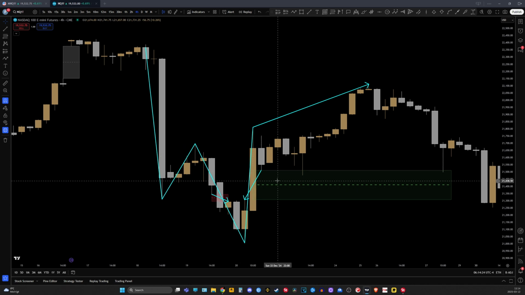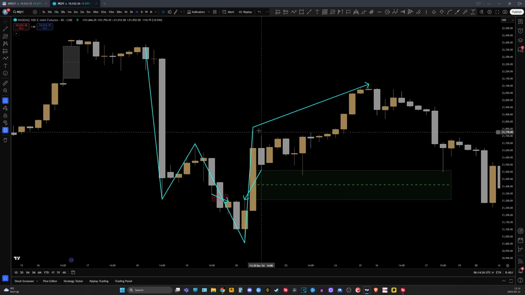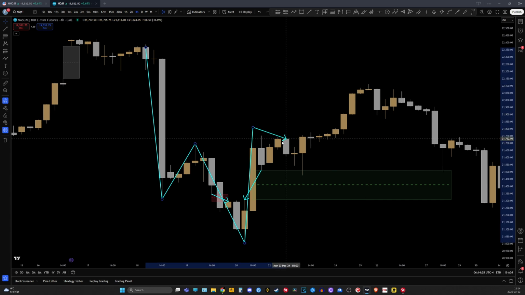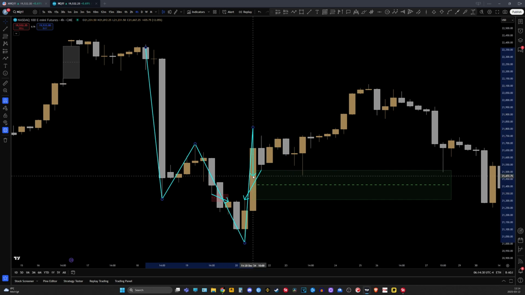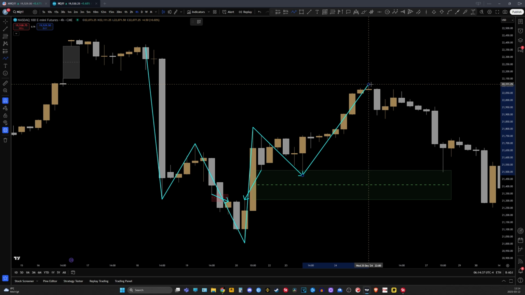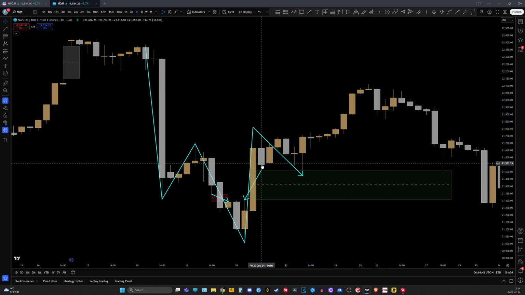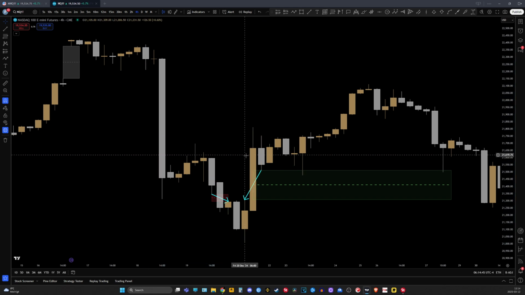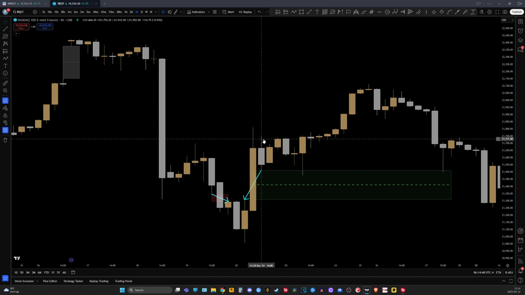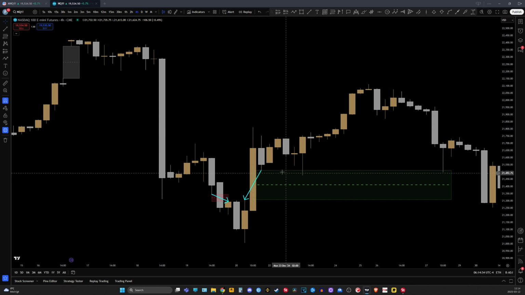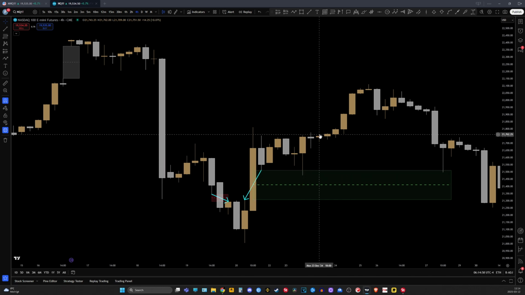So we expect, with this large fair value gap that's been made, that if we come back down to it now, that's a very, very likely area where we're going to revisit before we continue to the upside. So we can use the fair value gap as a good confluence for a trade idea, along with some other things. We'll come to that later. So in a trend, we expect, as we see here, that fair value gaps should support price in the direction